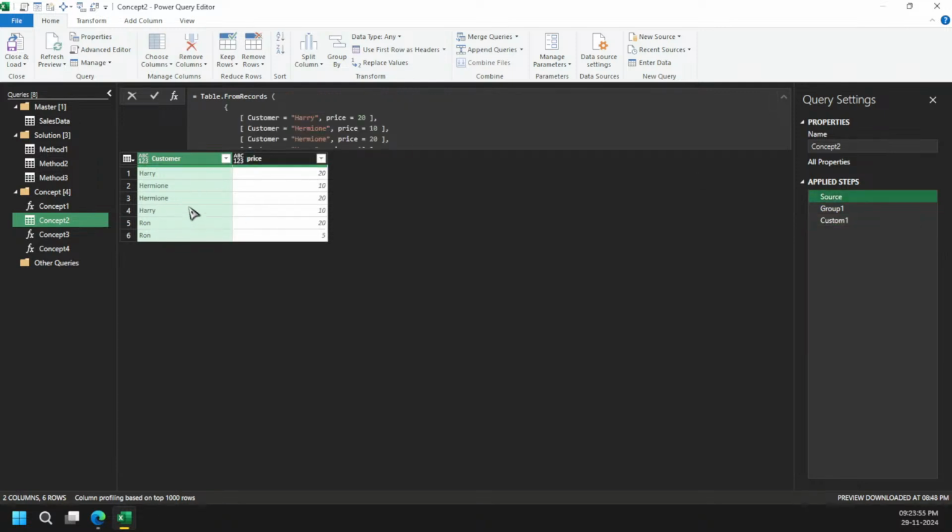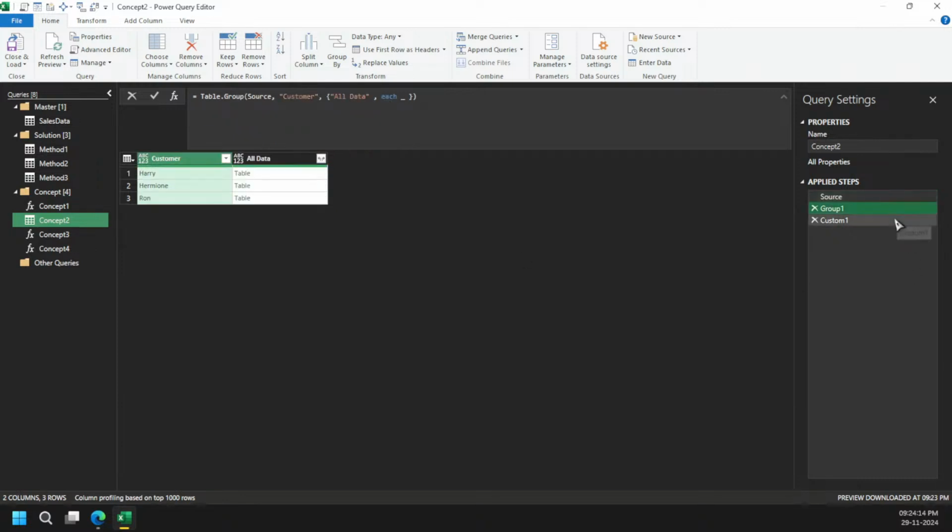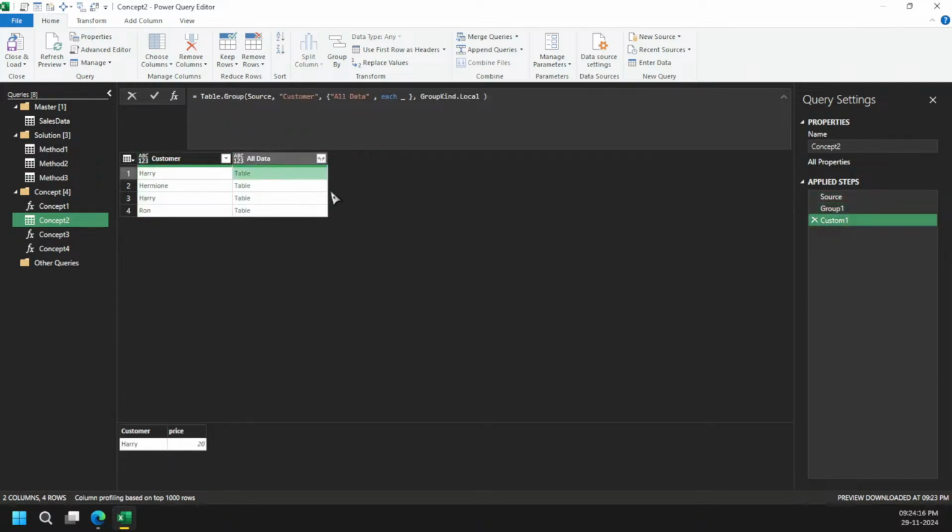Because Harry is coming again here, first it groups this much, then it groups Hermione, and then it finds that Harry has come again. So it won't globally group the data. Instead, it will group Harry first in this group and then Harry again in another group. Harry has come again, and that's what we don't need, because we want to group our data globally.